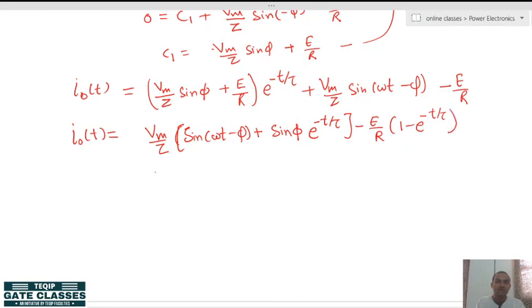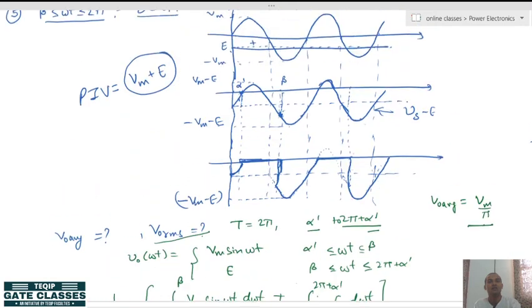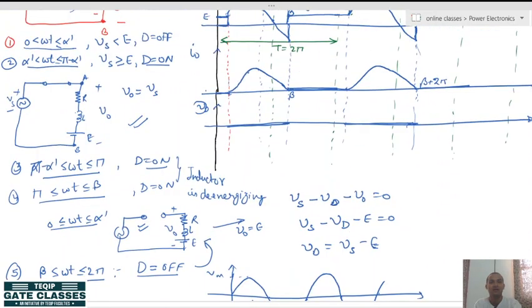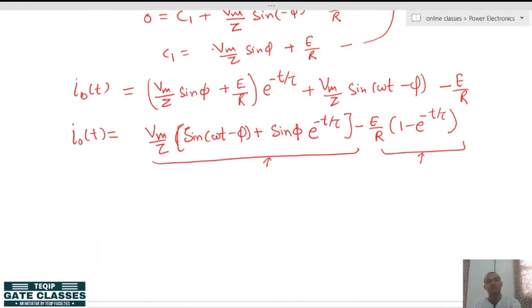So you can see here there are two components of the current. One component is decaying, a time varying decaying component, and the other is a sinusoidally varying component. When you add the decaying component to the sinusoidally varying component, that's why we get the load current waveform like this, which we have drawn. I have told you earlier that it's not a sine wave, it's exponential plus sinusoidal behavior. It is very difficult to draw here; for that you can use some MATLAB programming or C programming to see how the curve will look.